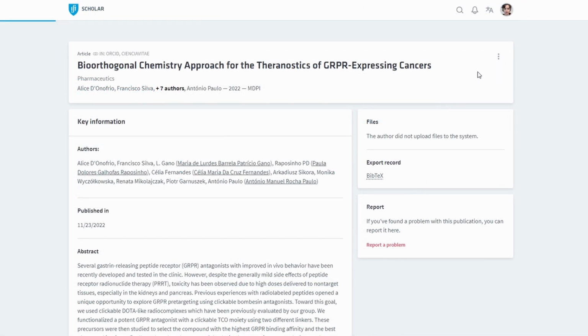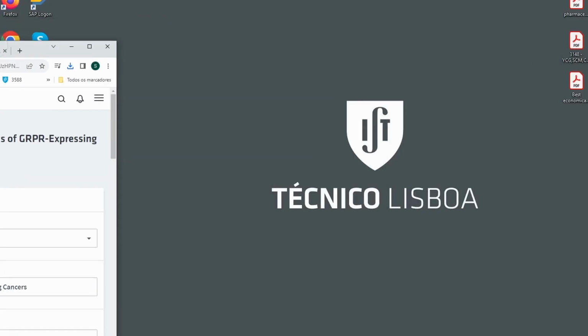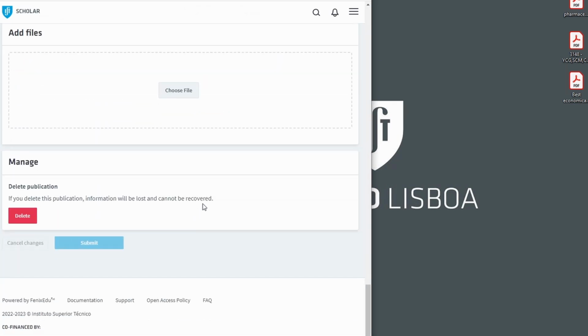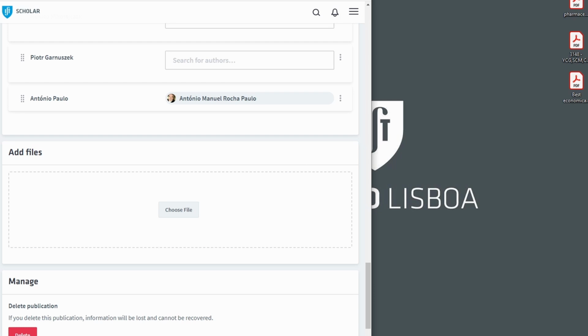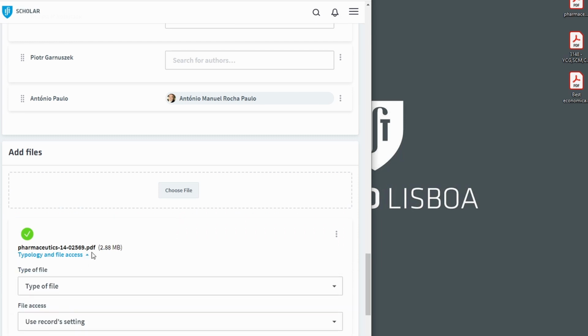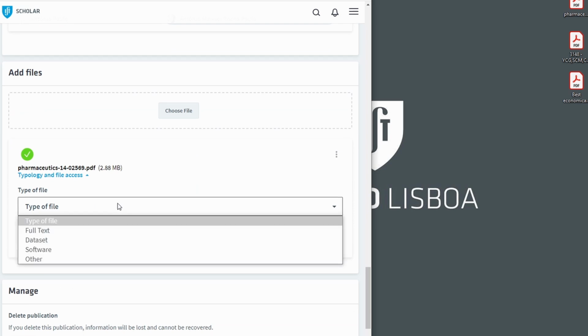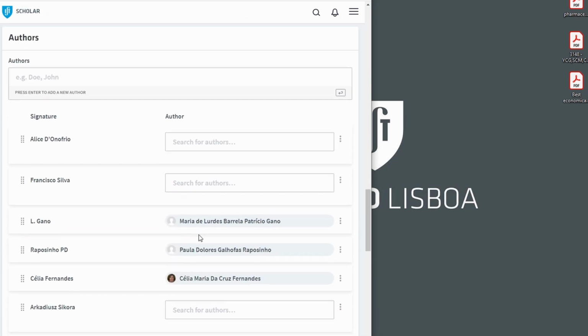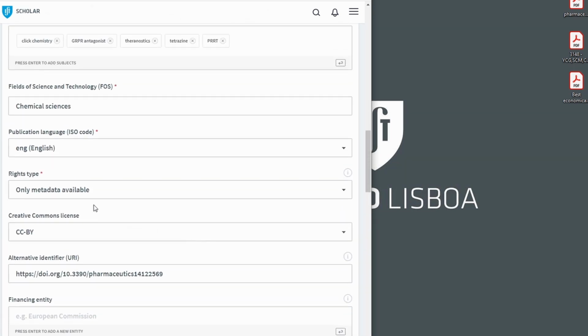then we edit the record, and we position ourselves here in the area designated to insert the file, and by simply dragging it, we will add the file in Scholar. We now have to perform 2 or 3 steps. We say that the text is a full text, that the document is in open access. When we fill in this information, we are asked here to enter the correct information.